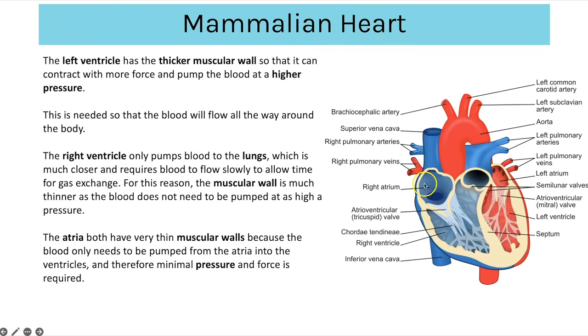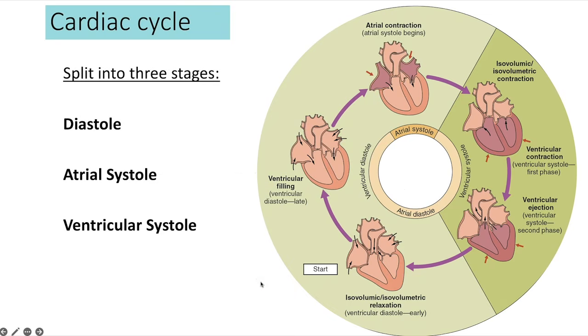Both of the atria, the right and the left, have much thinner muscular walls, and that's because they don't need to contract with much force at all because they're only pumping blood from the atria down with gravity into the ventricle. Next time we're going to have a look at the cardiac cycle, and this links together the contraction of